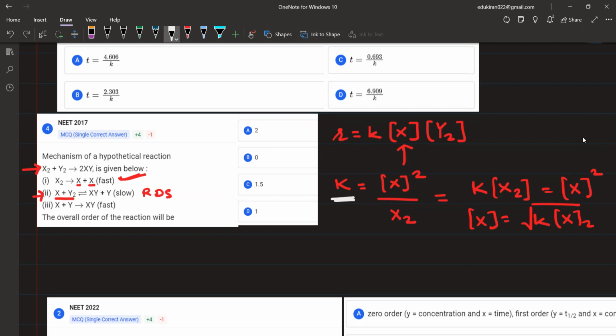This is the equilibrium constant, which will be equal to the concentration of the product raised to the power of the stoichiometric coefficient divided by the concentration of the reactant. Okay, so I can write X is this term. R is equal to K into the concentration of X, which is equal to what? Root of K into